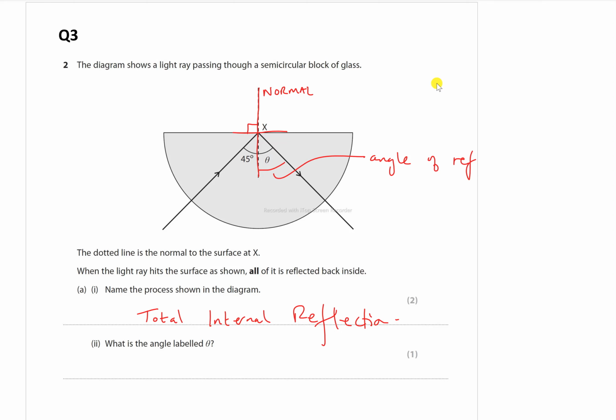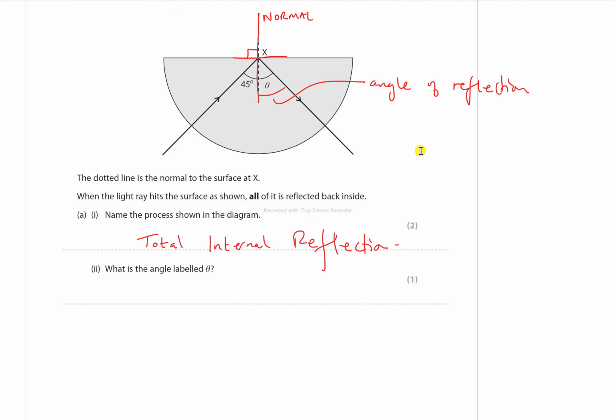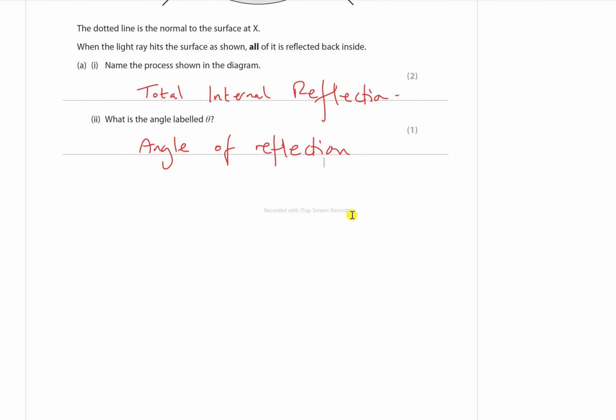Okay, what is the angle labeled theta? Angle of reflection. Angle of reflection. So okay,